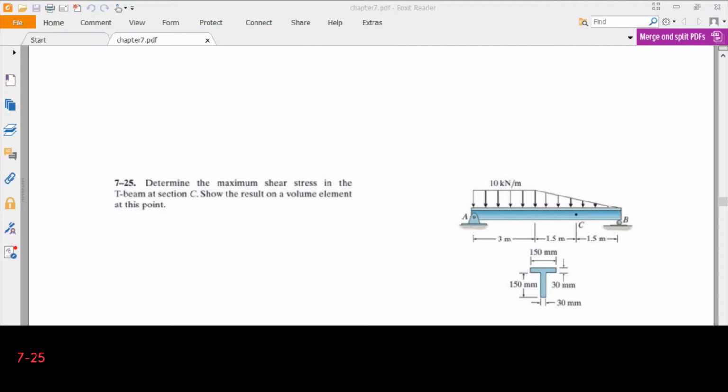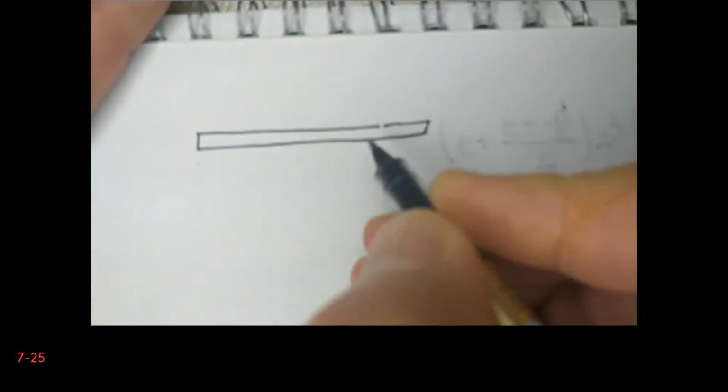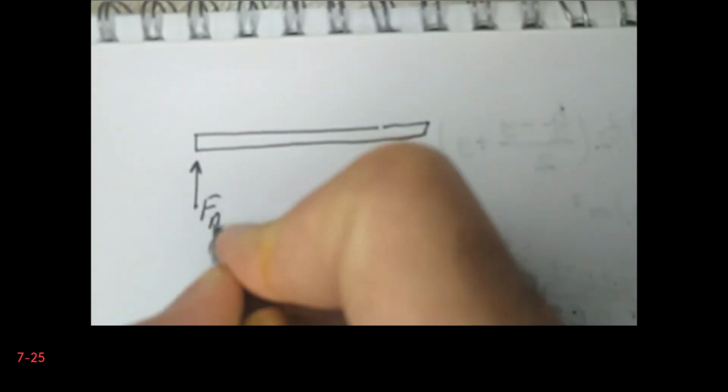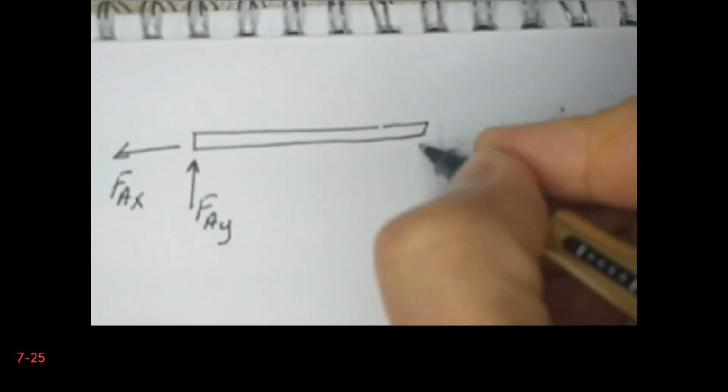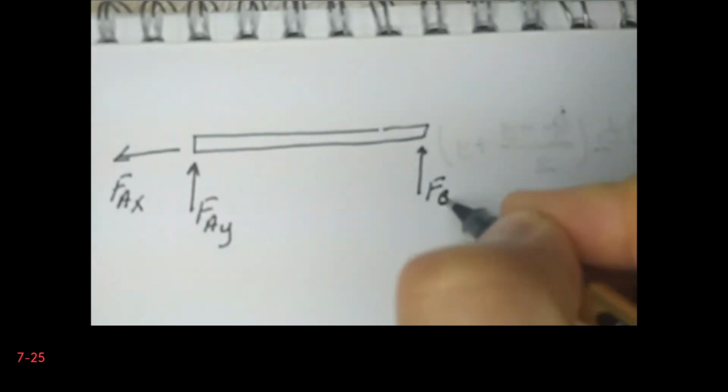So for this purpose, we will begin by drawing the free body diagram of the system in order to determine the support reactions. Now at point A I have two support reactions. It is simply supported there, so FAY and FAX. I just choose the direction of the forces arbitrarily, so I have only a reaction force in the Y direction at point B, and then